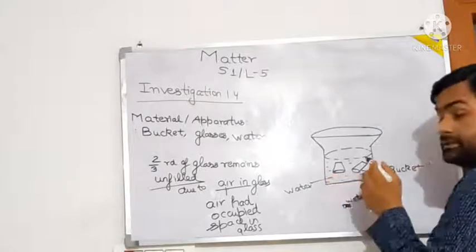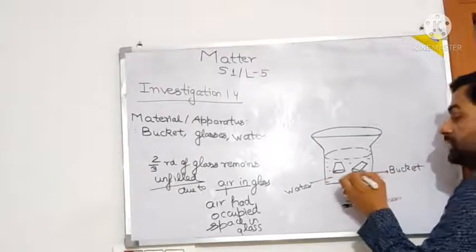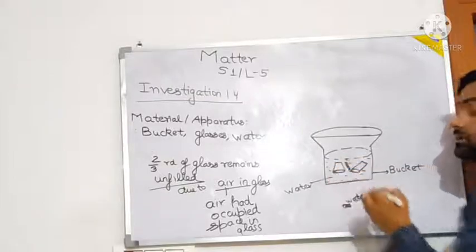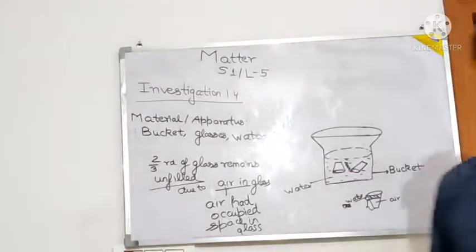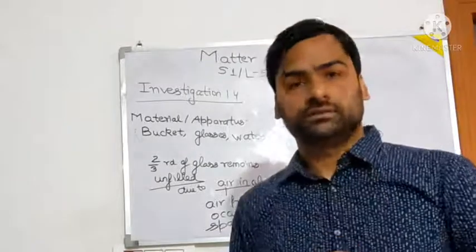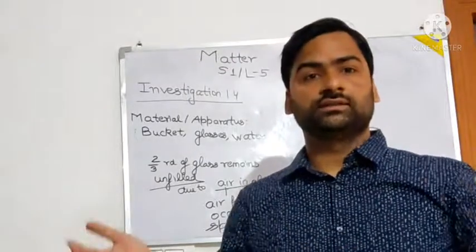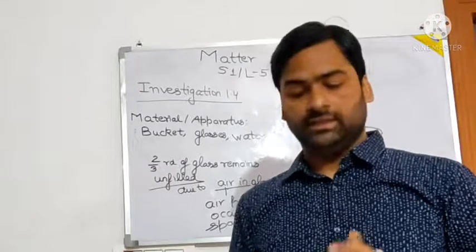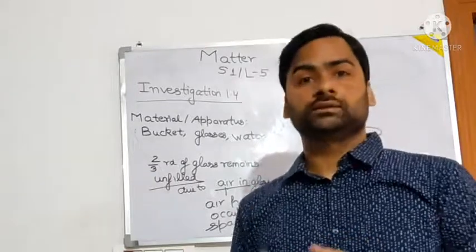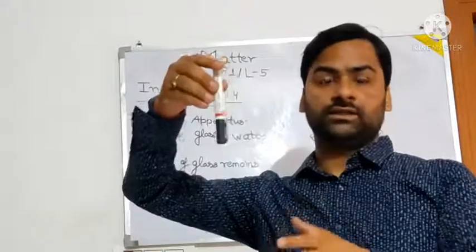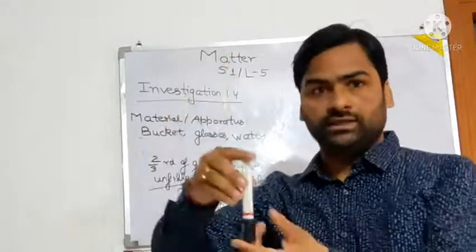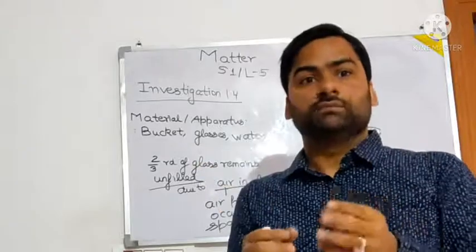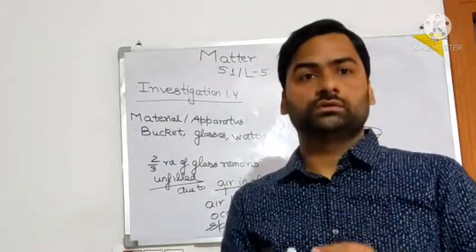You will find that the air which was there in the glass will go away and there will be bubbles. Not to speak like that, but you must have done this thing while taking a bath. That bucket is there and mug is there. When you don't feel like taking a bath, what do you exactly do? Take the mug, make it inverted and then gently drop it and then tilt it a little bit. So bubbles are coming. Like bubbles are coming from that surface of water or not?